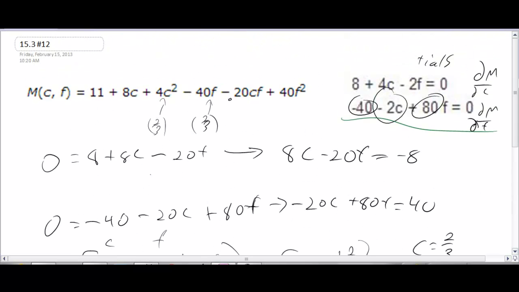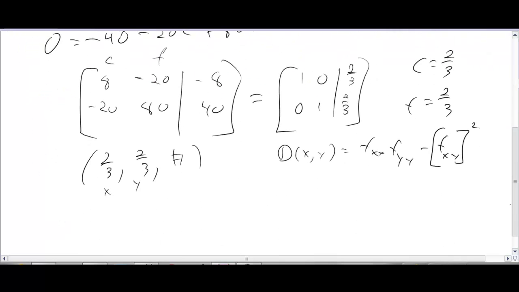So we already did the first ones up here. Remember this first one right here, that was the partial of M, not f, the partial of M with respect to C. Down here we don't have x's and y's, we have C's and F's. So for the equation, we're going to do the second partial with respect to CC and the second partial with respect to